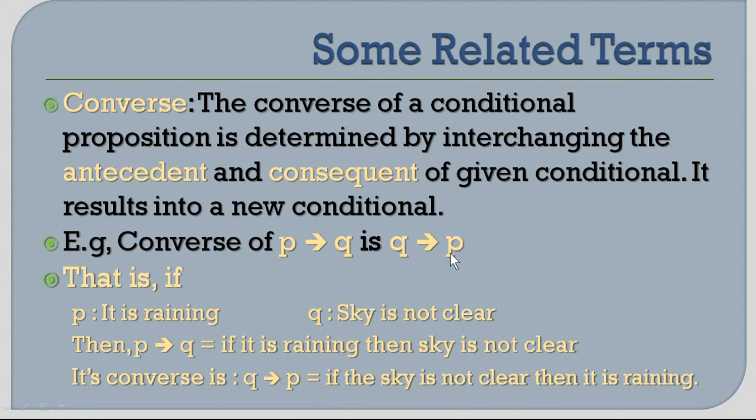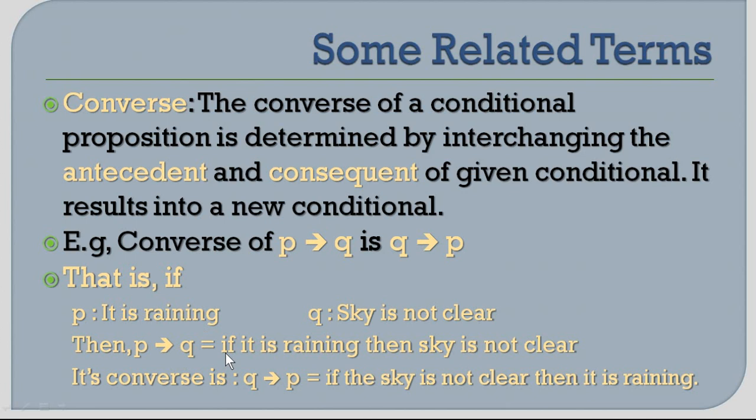Q implies P. Now if you take it as terms, you will be writing like this. What about if you take it as sentences? Say for example, if you have the value for P is it is raining and Q as a value sky is not clear. Two different statements are there. You are going to use the conditional. So when you use conditional, P implies Q, it will be like this.